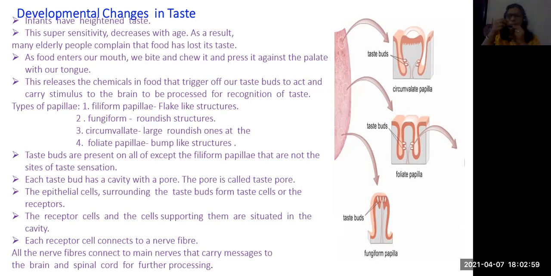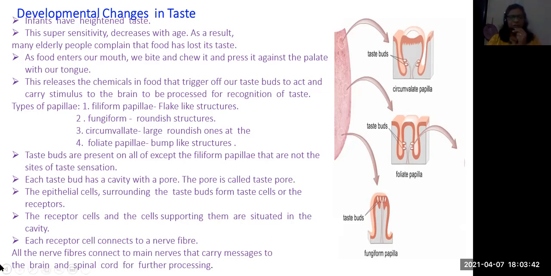And before touching the papillae, the food will mix with saliva inside our mouth. That means it forms a liquid. If the food is liquid, immediately we can get more taste when compared to solid food. So solid food should dissolve in the saliva, then it touches, and we get the taste of that particular food. If you open your mouth, then we won't feel that much taste. That's why if you press with the palate, the taste buds will be opened, the papillae will be opened, and it is helpful to get the taste.